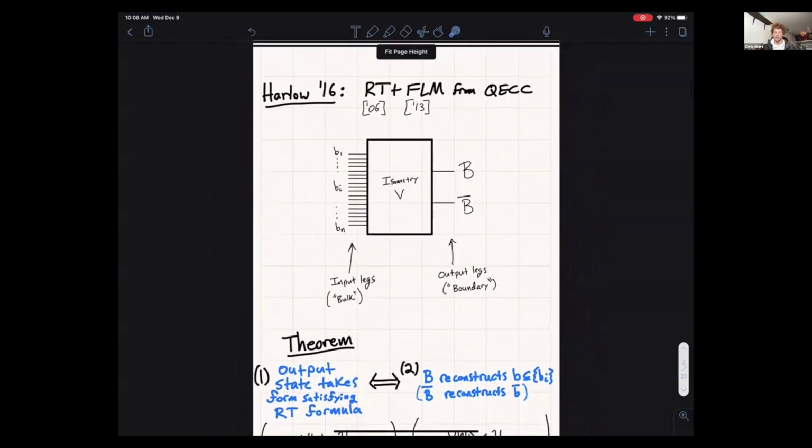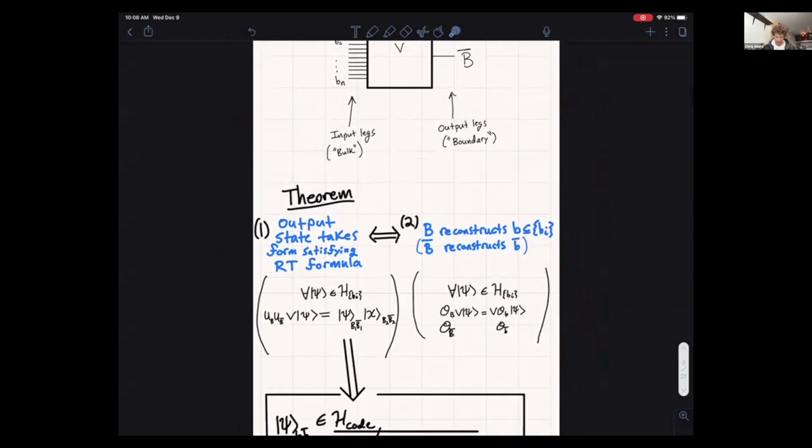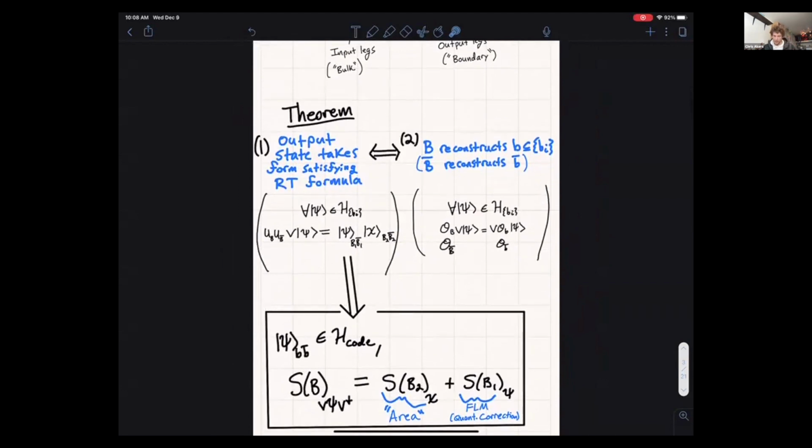So it was in this general setting that Daniel proved this powerful theorem that was basically the following. It's an equivalence between two statements. The first being that the output state takes a form that satisfies the Ryu-Takayanagi and FLM formula. So more precisely, it's what's written here in these parentheses, that for all states in the code subspace, so states